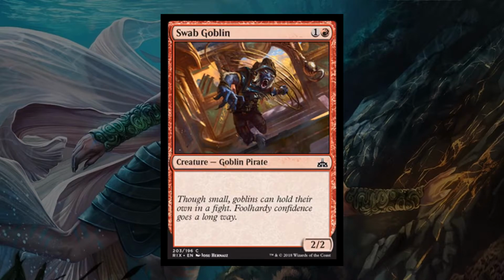Here we have another Planeswalker deck exclusive. This is Swab Goblin. He's a 2 mana, 1 colorless, 1 red, 2/2 Goblin Pirate with no abilities. That may not seem all that flashy, and it isn't, but once upon a time, we're talking a year and a half, less than 2 years ago, the idea of getting a 2 mana, 2/2 in red with no drawback